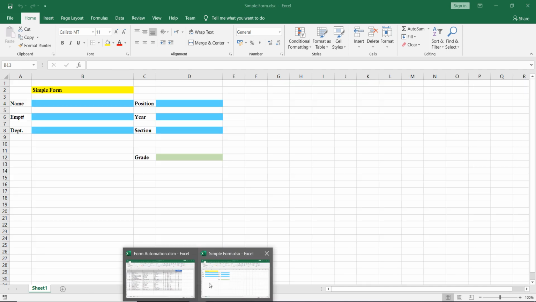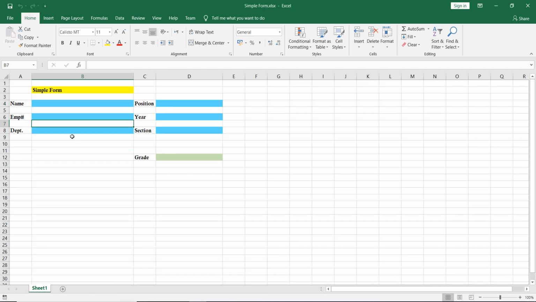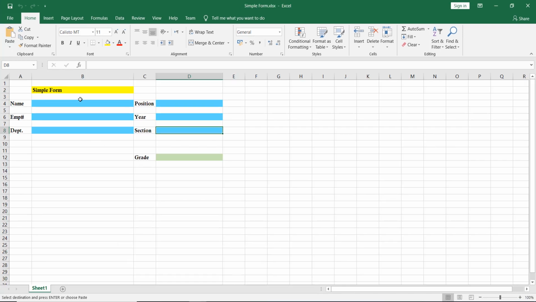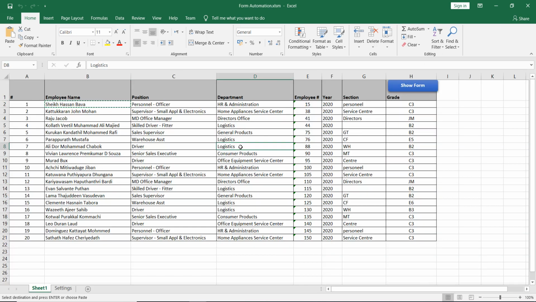So we have here the forms that will be filled with the information of each employee, and it will take time, in fact, if we are trying to copy and go here and paste again. Really, it will take time, and then you have to save it. So for this situation I decided to make a simple form filler